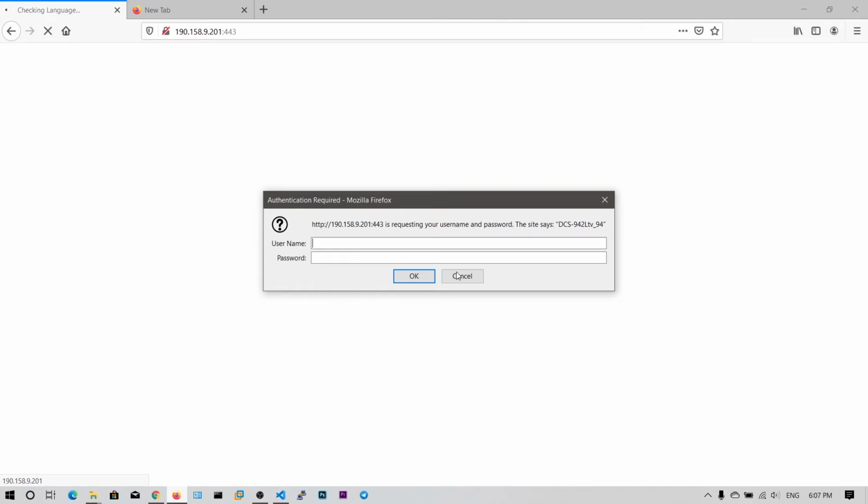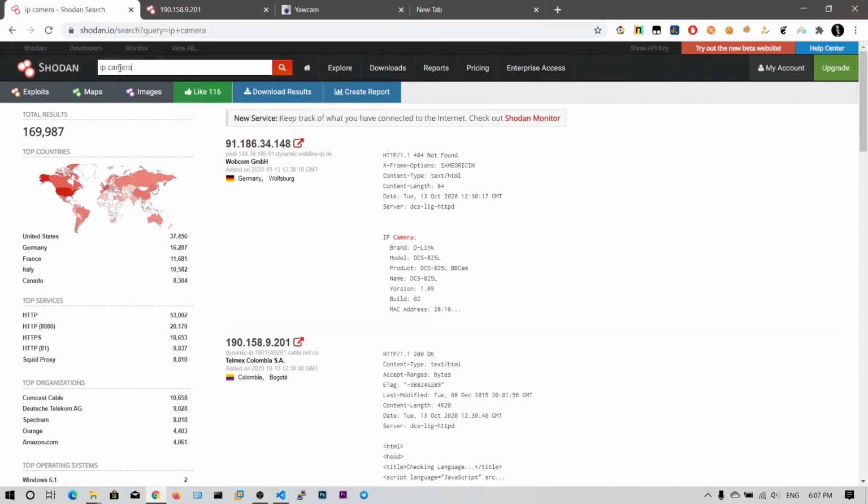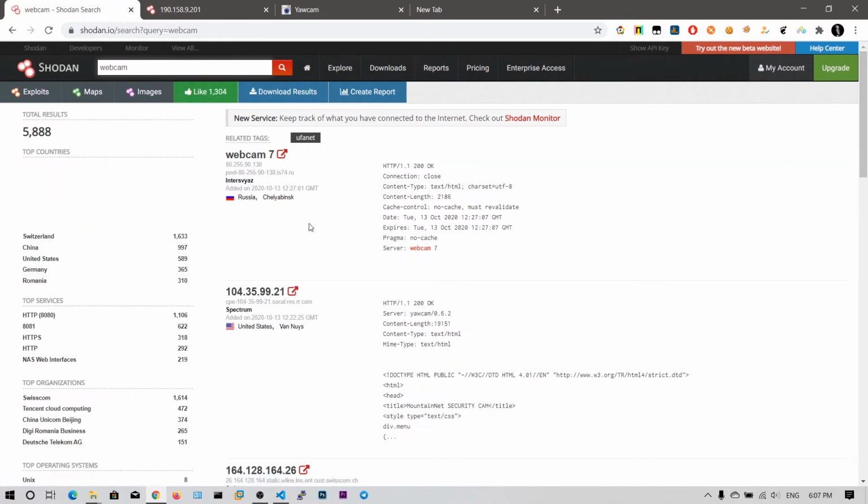Okay, now it's asking for the username and the password. Alright, since we do not know the password, we just cancel. So now another way to enter this is you type the webcam. If you go to this, you can also filter the results using these filter options.